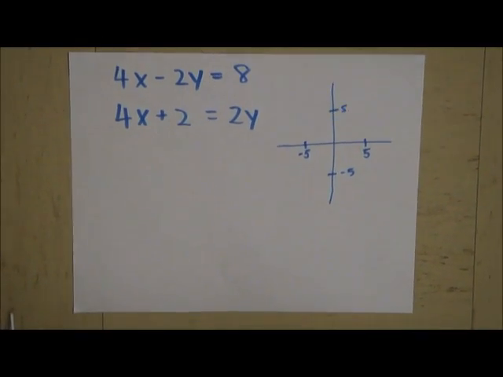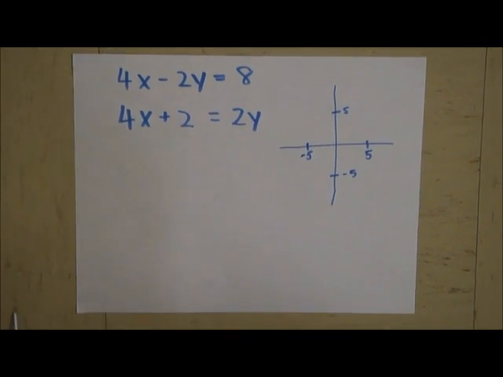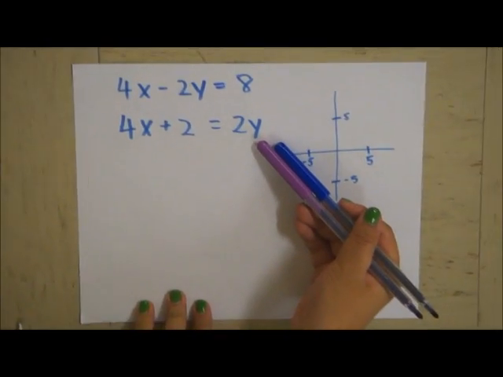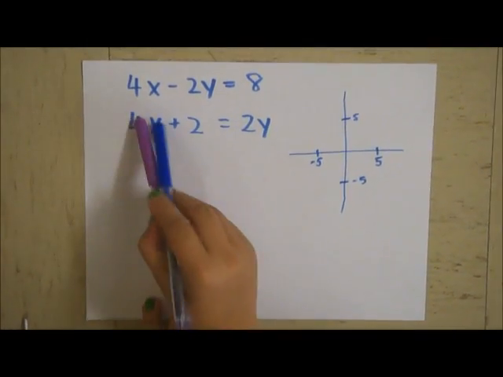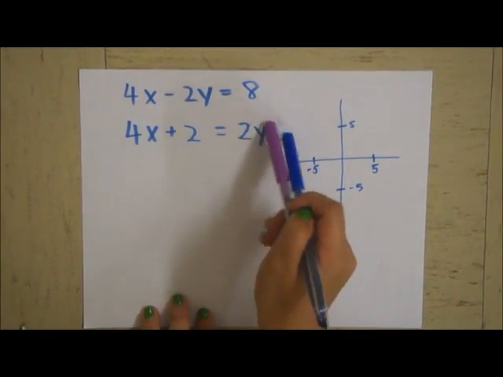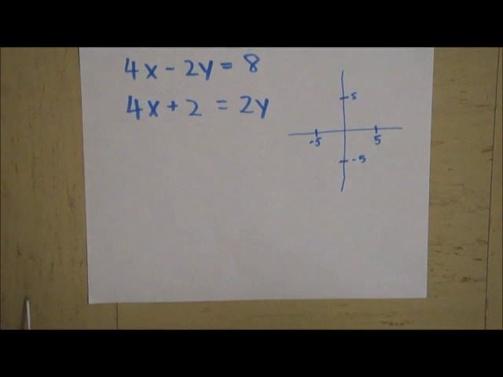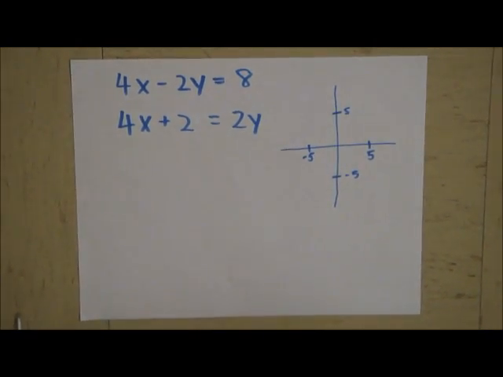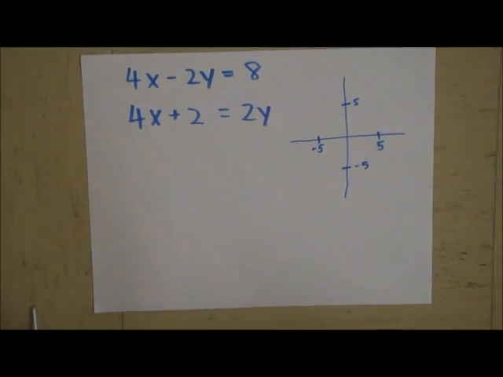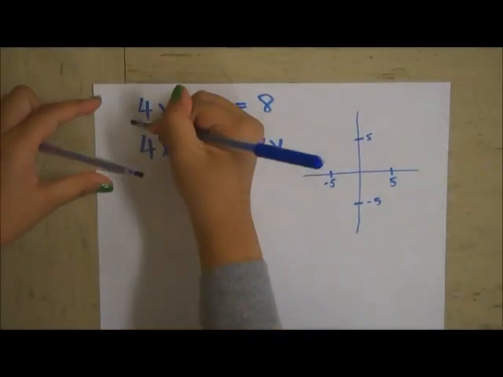Okay, let's do another example. So over here we have a linear system, and this is 4x minus 2y equals 8, and 4x plus 2 equals 1. The first thing you need to do is change both of them into slope-intercept form. So for this one,